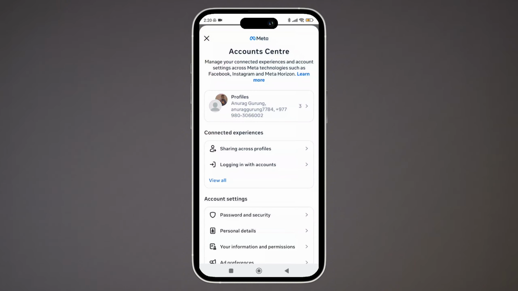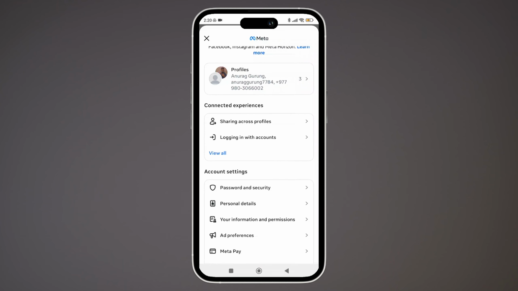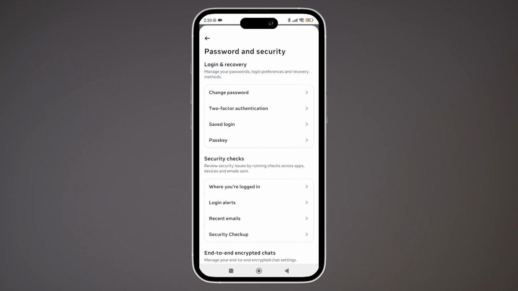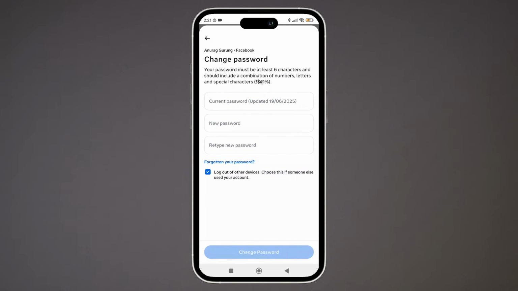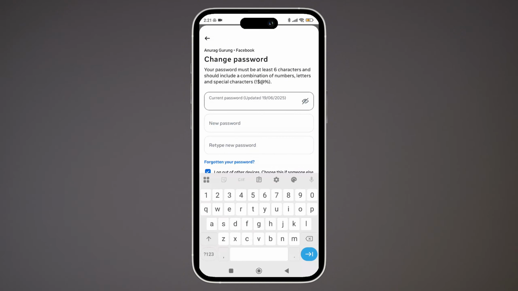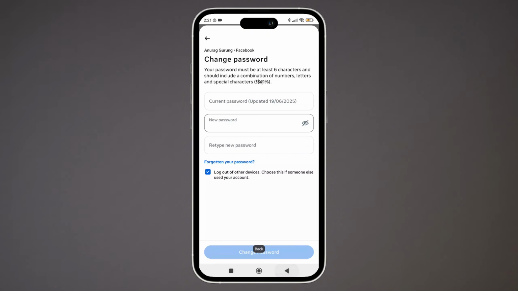And now here, once you see the interface like this, you simply have to scroll down and tap on password and security. And now here in this section, you simply have to tap on the option that says change password. And after that, you simply have to select your Facebook account, and on the next page, you simply have to enter your current password. And once you're done with it, you simply have to enter a new password and re-enter it to confirm. And once you're done with that, you simply have to tap on change password, and Facebook will